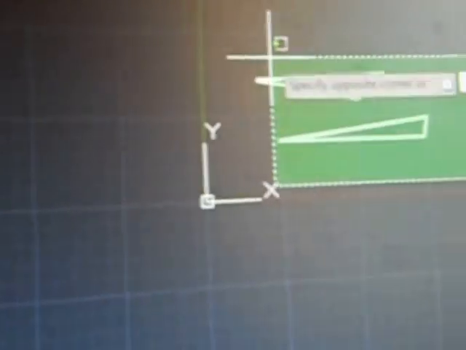When you select any one side of a polyline, the polyline gets fully selected. See, I selected only this much part, and the whole polyline gets selected. And when you select any one side of a line, only that one part is selected. I want to press Escape to cancel my command. I want to zoom out and delete it.